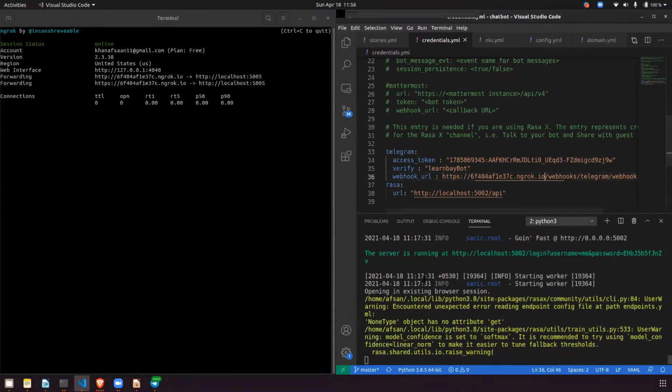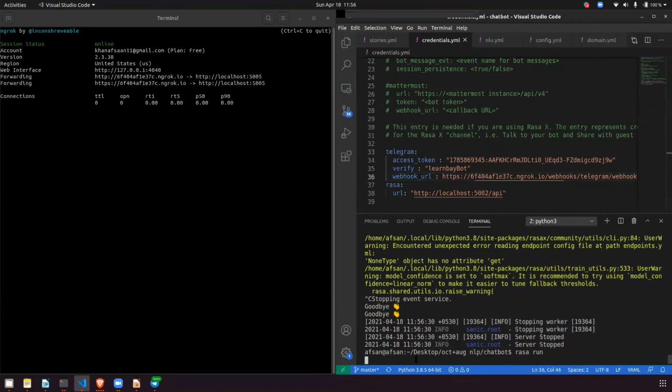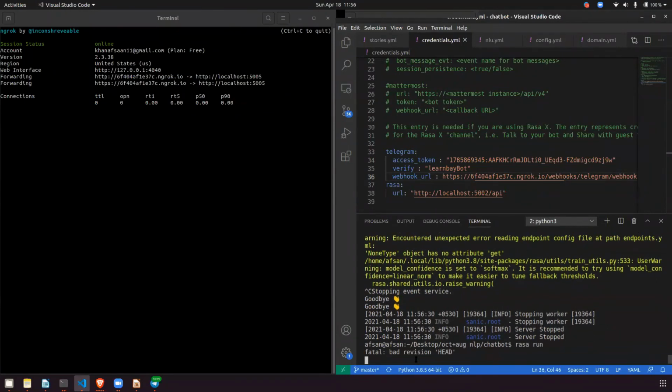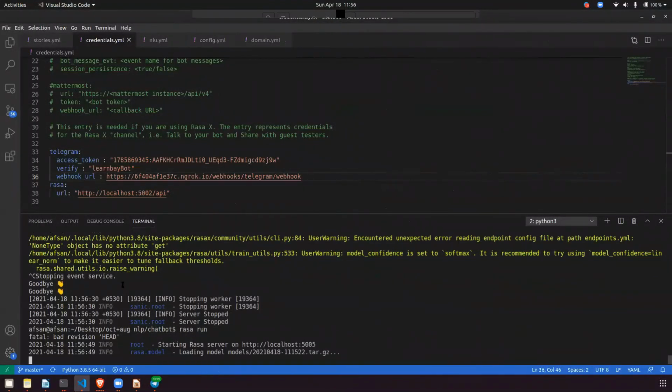Now close this, do rasa run, press enter. It will take time. It's loading the model and everything.